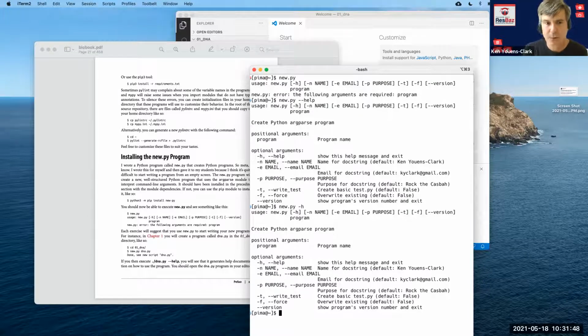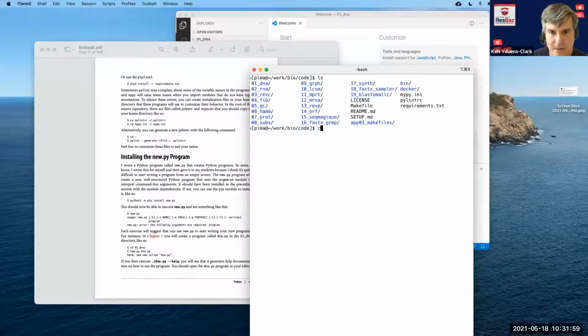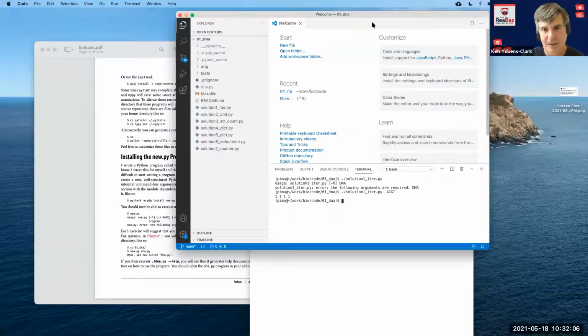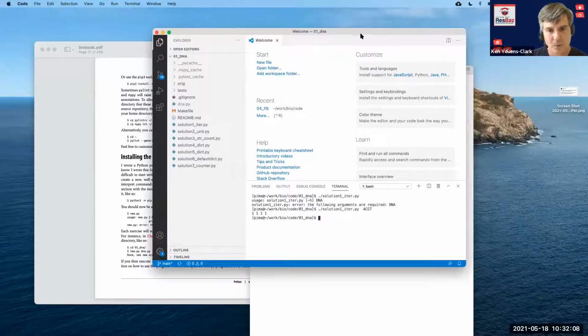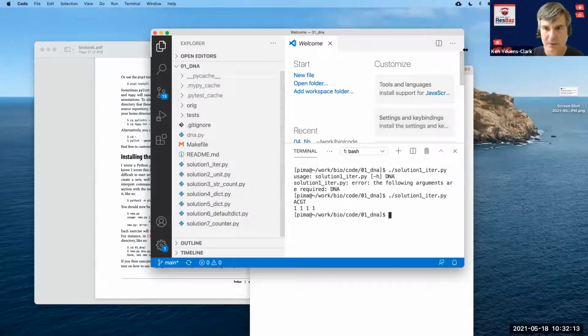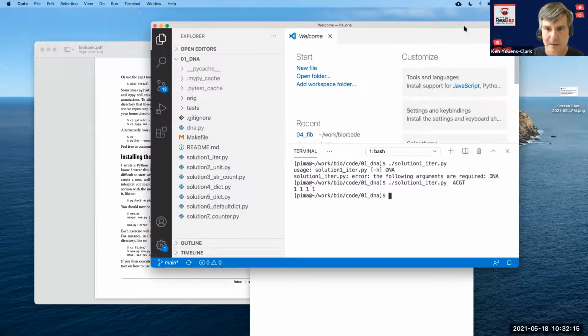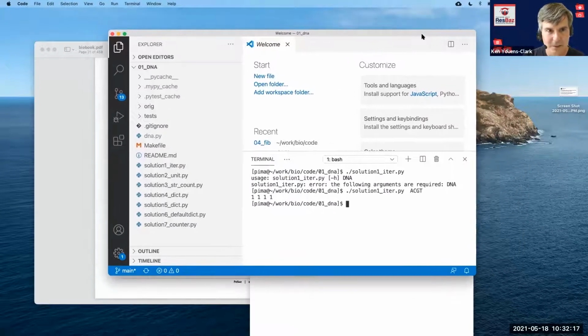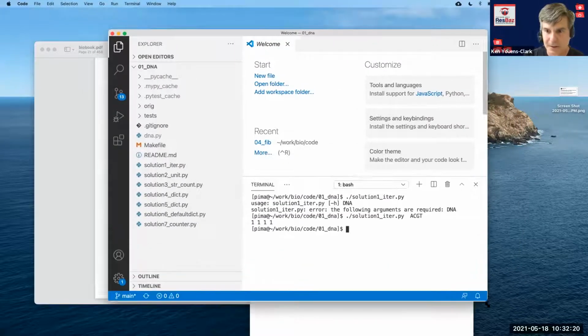So with this, we're going to use this program to create another program that is going to be called DNA.py that's going to count the nucleotides. And actually, I lied here. I meant to be showing you all this from within VS Code, because probably this is more friendly to you. And I want to make sure that I'm not acting like an old man here who's only been using the command line for 25 years.